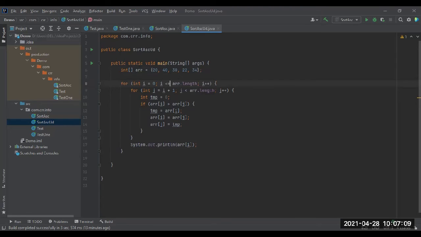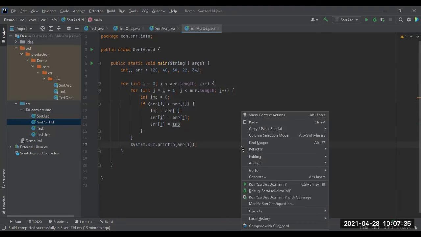So it starts with 0, and it should start with 1 of increment for this. There should be a temporary variable. If it is greater, this temporary variable will be assigned the number which is smaller after the comparison. Okay, now let me run this program.